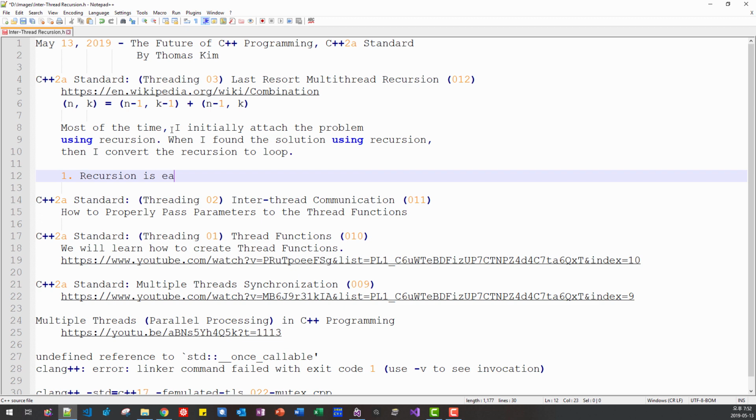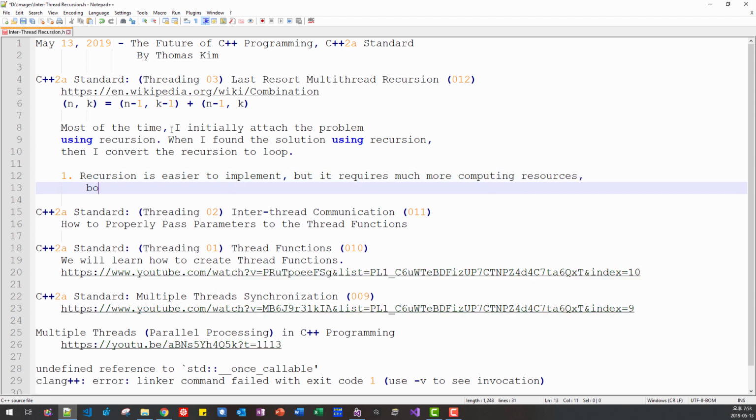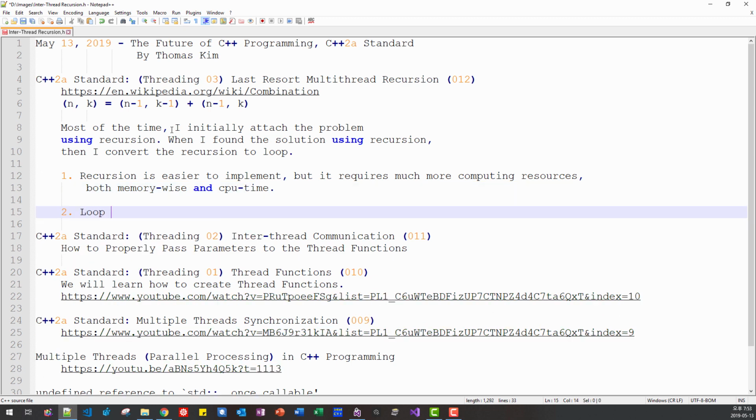Recursion is easier to implement, but it requires much more computing resources, both memory-wise and CPU time. Loop is harder to implement, but much easier for vectorization and parallel computing.